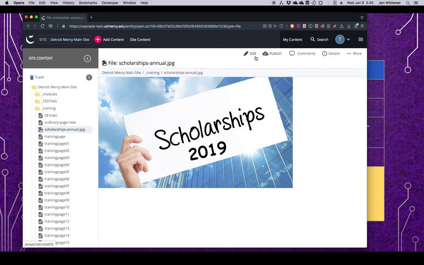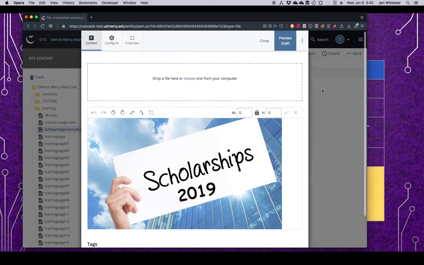Just for your information, if I click edit on an image, there are some in Cascade edits you can make, like rotating it, flipping it. You can even crop it or resize it. I will tell you that Cascade does not necessarily do the most beautiful resizing. That's something you probably want to use a dedicated software package for, like GIMP or Photoshop.